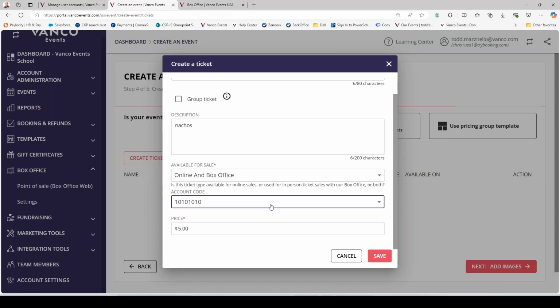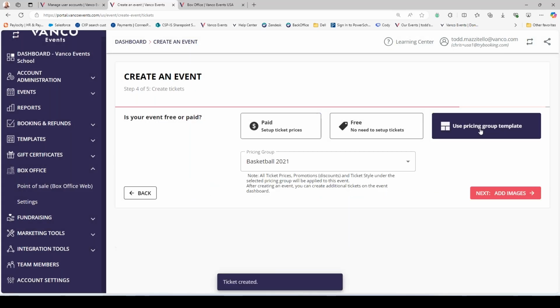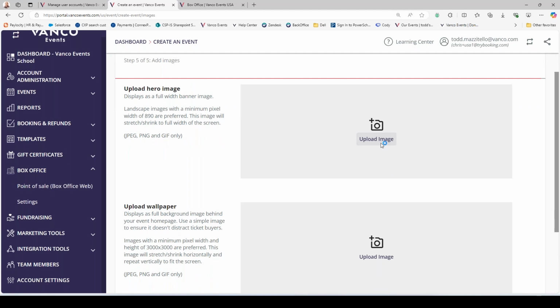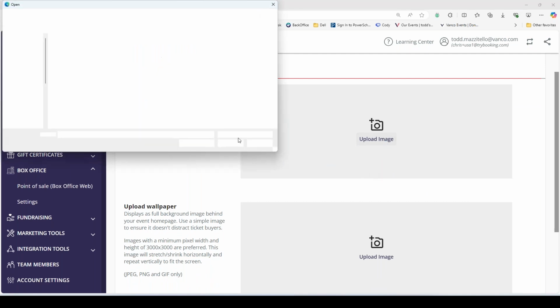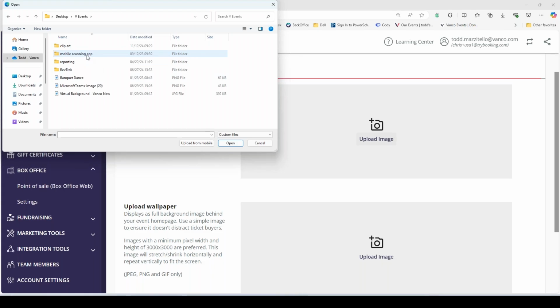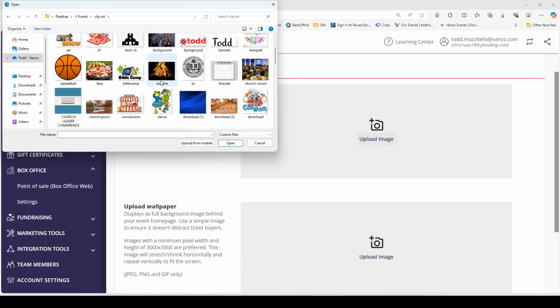And you can come in after the fact and change these around. So if you had a softball season where the money might be going to a different bank account, you can definitely track that. All right, so I'm also going to use the template. I've got a concessions one already pre-built, so I'm not going to go through and type everything out. Next, you can add pictures if you'd like. Completely optional, and specifically if it's in person only, you probably don't need a picture,